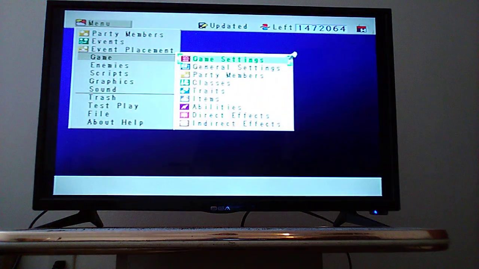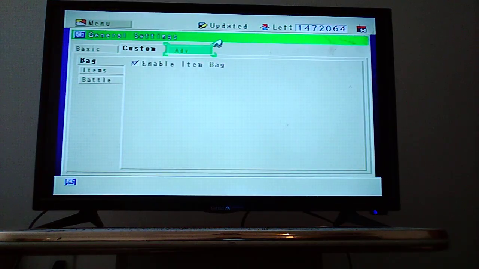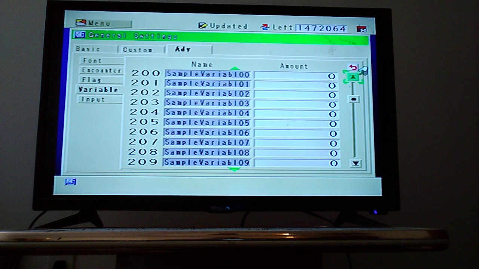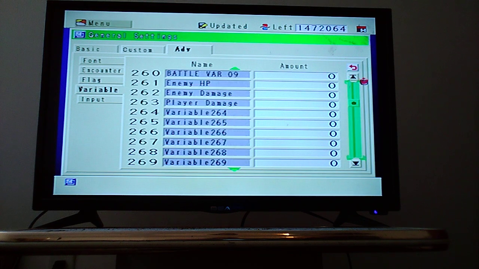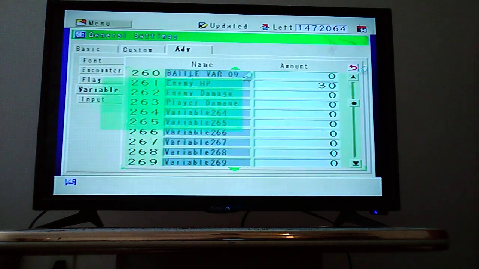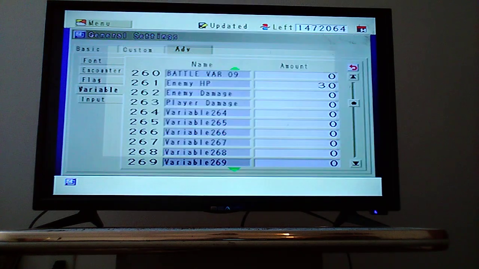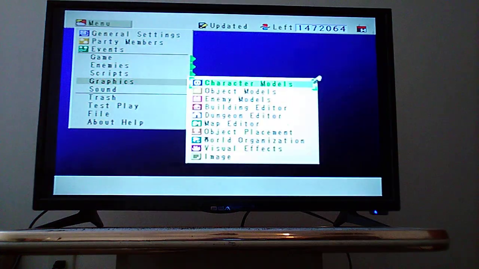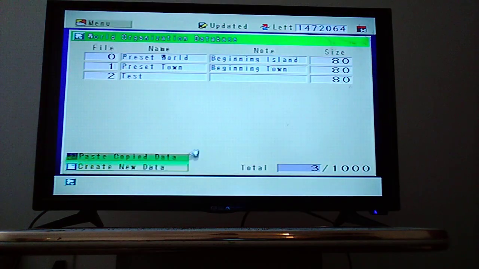And then game, general settings, 2 things. In the advanced tab, you can adjust flags, variables, and inputs. And the starting value is set in this page. So we're going to go to the variable enemy HP, and it is going to equal 30. So the enemy will start with 30 hit points. We're going to update that and go to our graphics, back to our world,